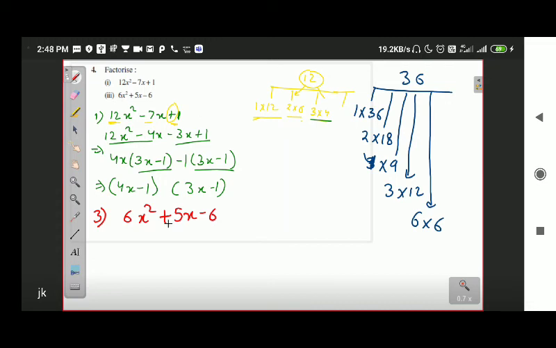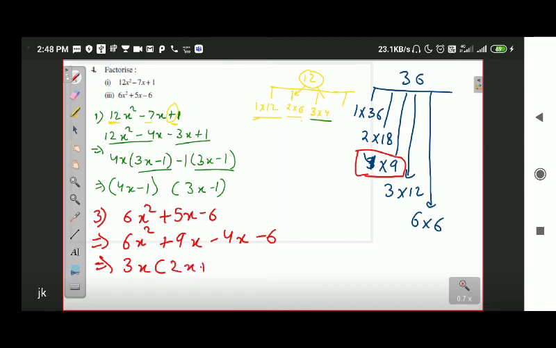Now how we are going to do this: we see the sign of the constant is negative, so we want to find a pair of numbers whose subtraction is 5. So the pair of numbers will be 4 and 9. So this will be 6x square, first of all the larger number, that will be plus 9x, then the smaller number, that will be minus 4x minus 6. Okay, taking as much common as possible, this will be 3x, 2x plus 3 minus 2, taking as much common as possible, minus 2, 2x plus 3. Finally, you have 3x minus 2 and 2x plus 3. Fine. So this is the solution of your third part.